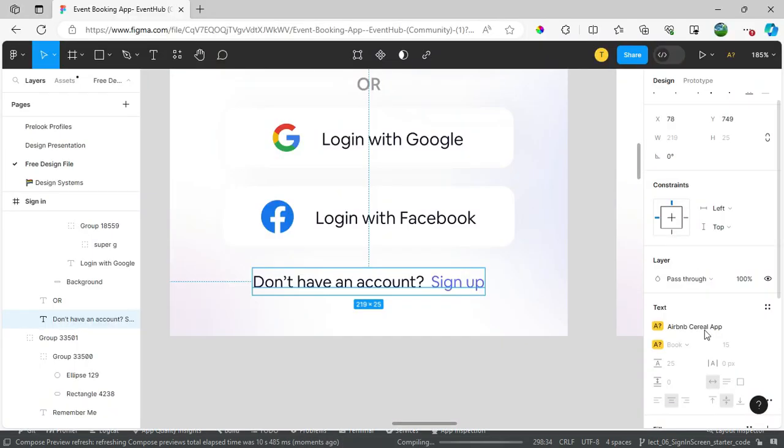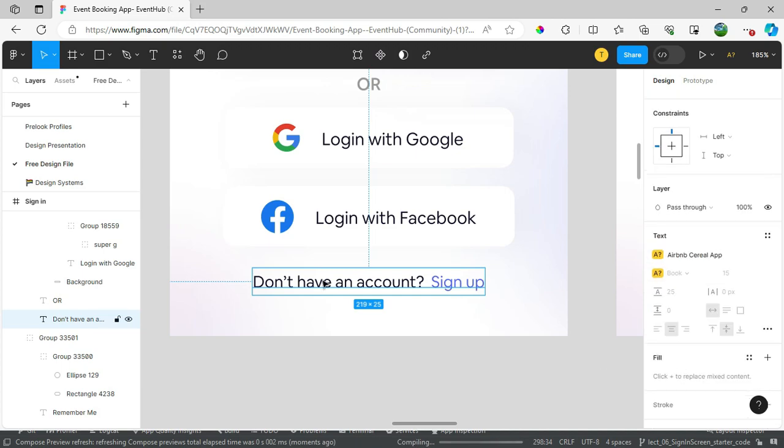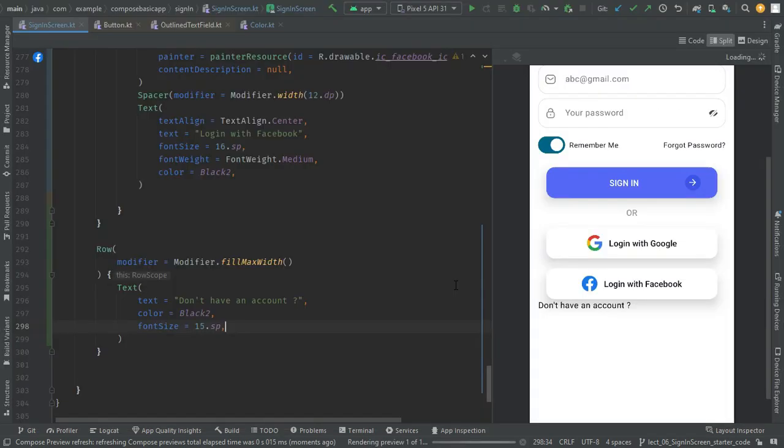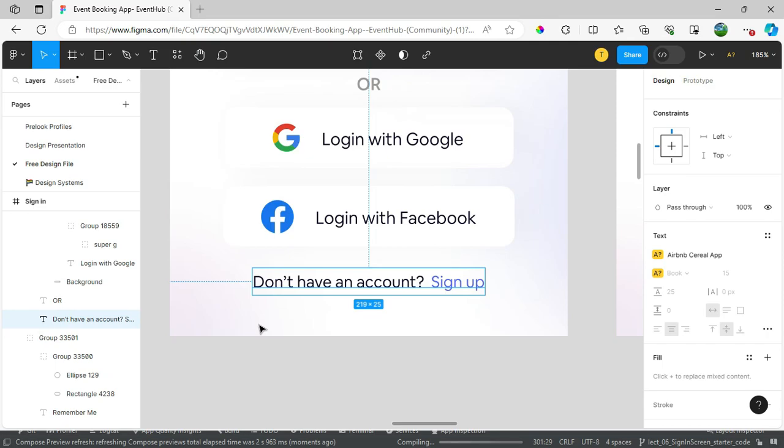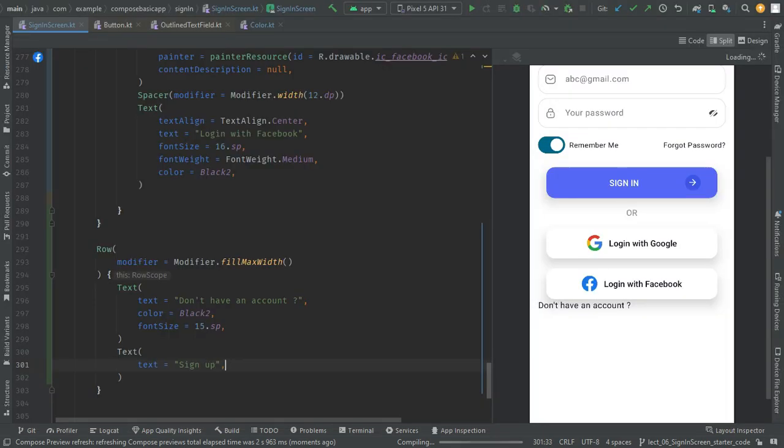And yeah, that's it for this text. And the next is the sign up text. So I will make another text here, sign up,